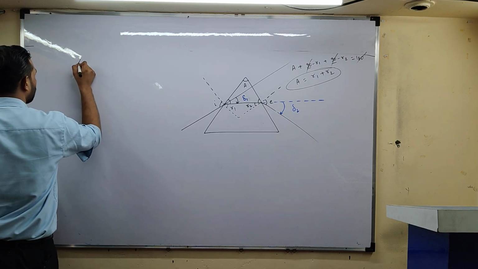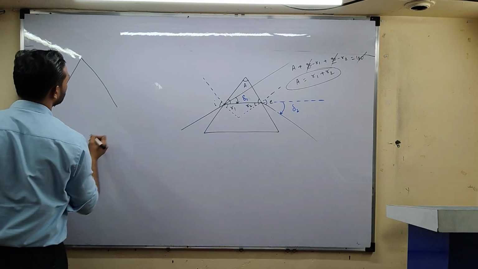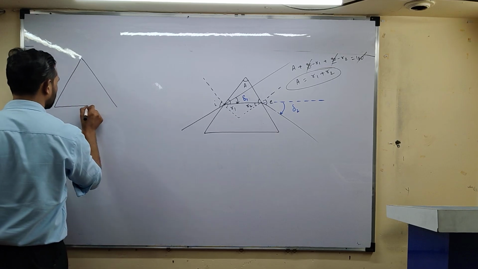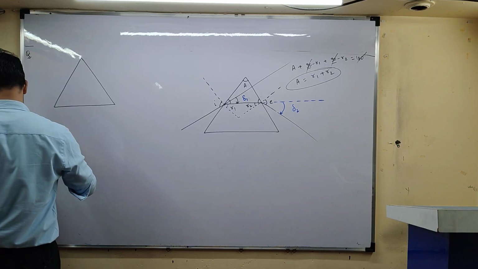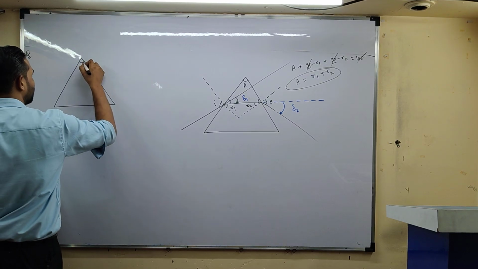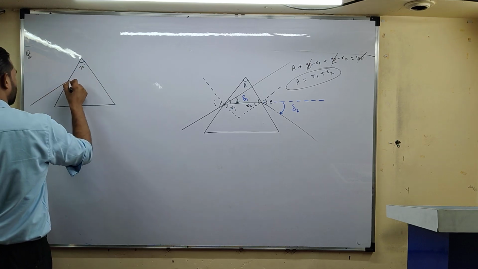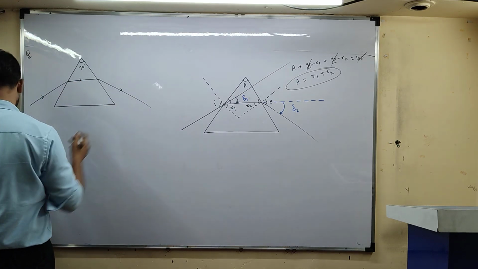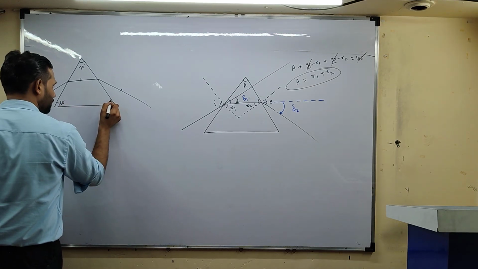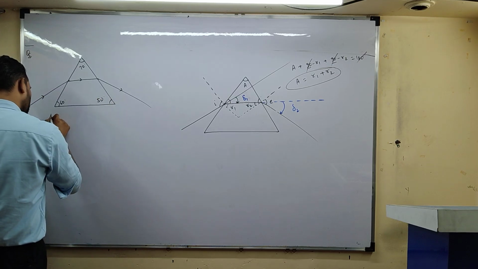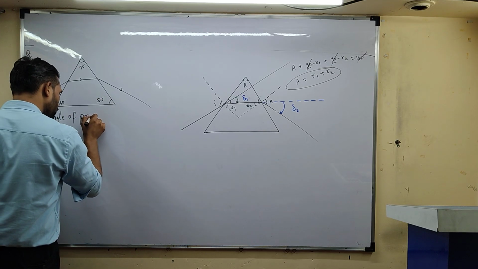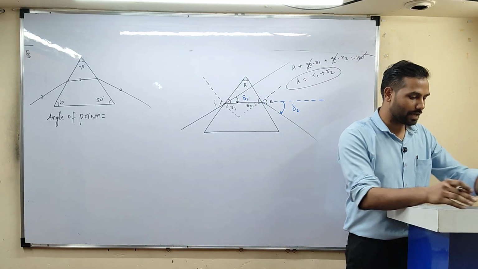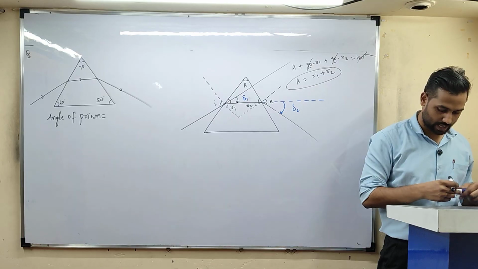क्वेश्चन, ये है 70 डिग्री, ये 60 डिग्री, ये है हमारा 50 डिग्री। तो एंगल ऑफ प्रिज्म कितना है इधर, बोलो, एंगल ऑफ प्रिज्म कितना, बोलो, एंगल ऑफ प्रिज्म क्या है,